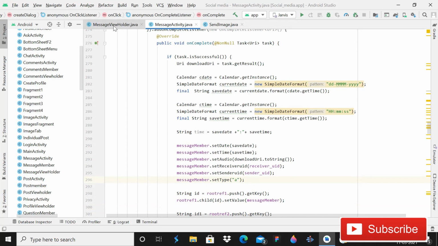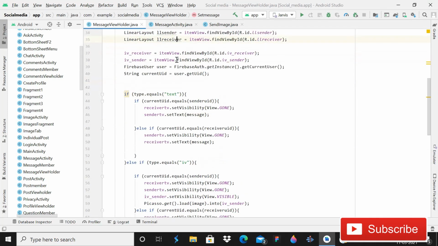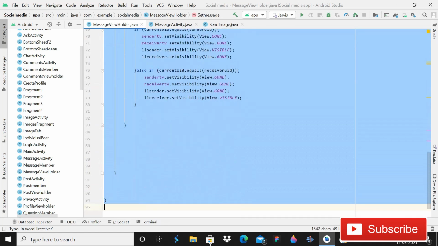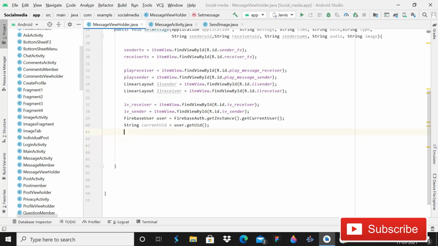After this, you can see the message view holder. Simply select this entire part and delete it. Now we deleted it. After this we will do the validation, the same thing here but a little bit different this time. First of all, we will check if